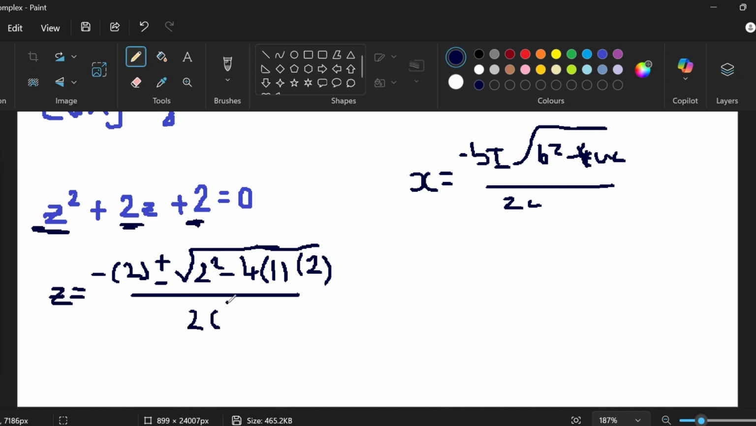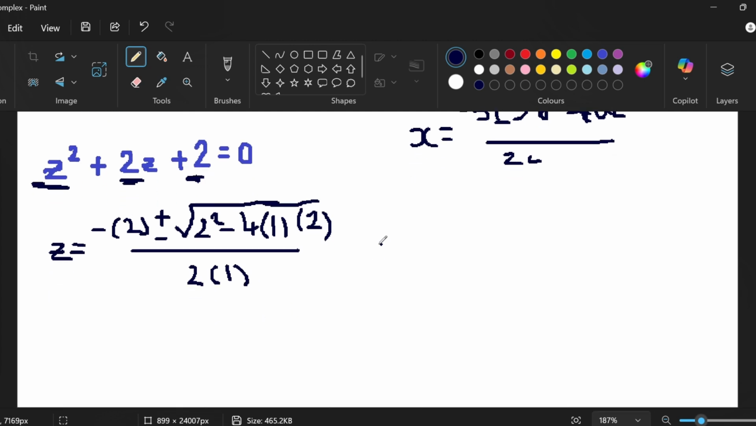Oh, that was a very straight line. It's unlike me to have neat handwriting. Times 2a. a in this case is 1. So this is minus 2 plus or minus the square root of, this is going to be 4, and this is going to be 4 times 1 times 2, which is 8. So 4 take away 8 is going to be minus 4